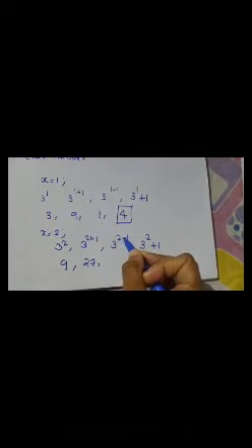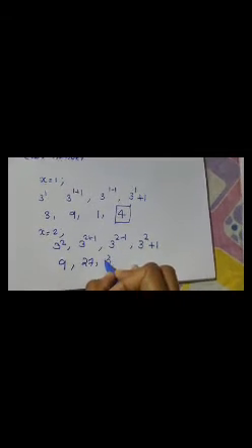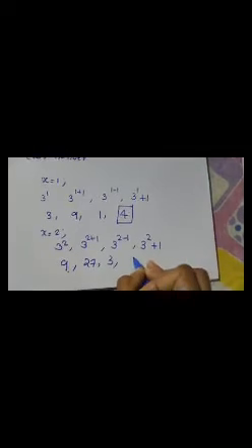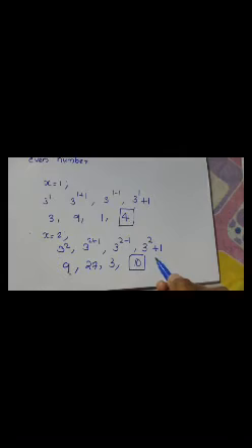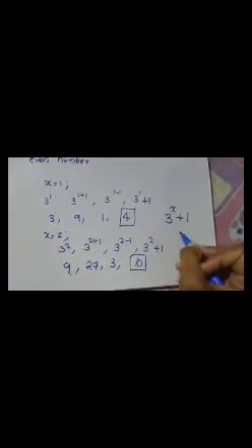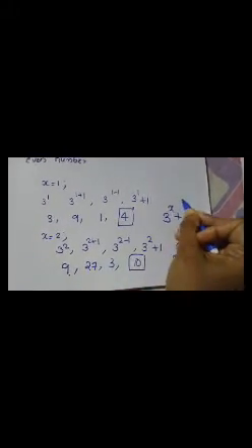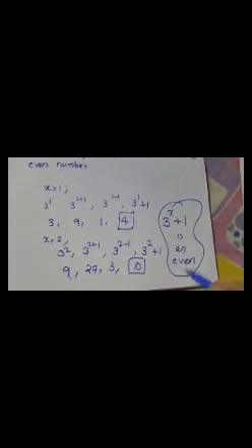Next, 3 raised to 2 minus 1. 2 minus 1 is 1. 3 raised to 1 is 3 itself. Next here, 3 raised to 2 plus 1. 3 raised to 2 is 9. Here we get 9 plus 1, 10. So this is an even number. So what we can generally say is 3 raised to x plus 1 is an even number, isn't it? This is the even number in this relation.